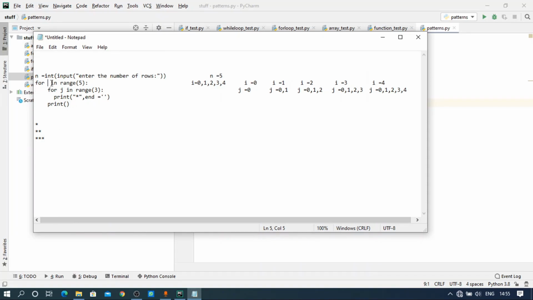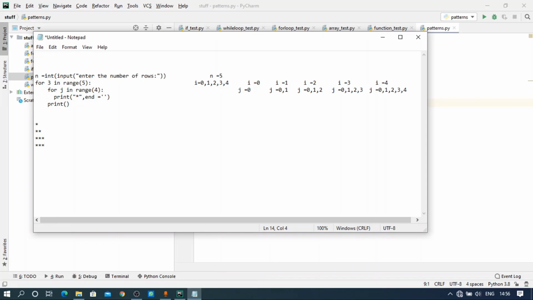Now i will become 3. 3 is in range of 5, true. j is in range of 3 plus 1, that is 4. Now j will start at 0. 0 is in range of 4, true, so a star is printed. And again j is incremented, j will become 1. 1 is in range of 4, star is printed. And j is again incremented, 2. 2 is in range of 4, star is printed.